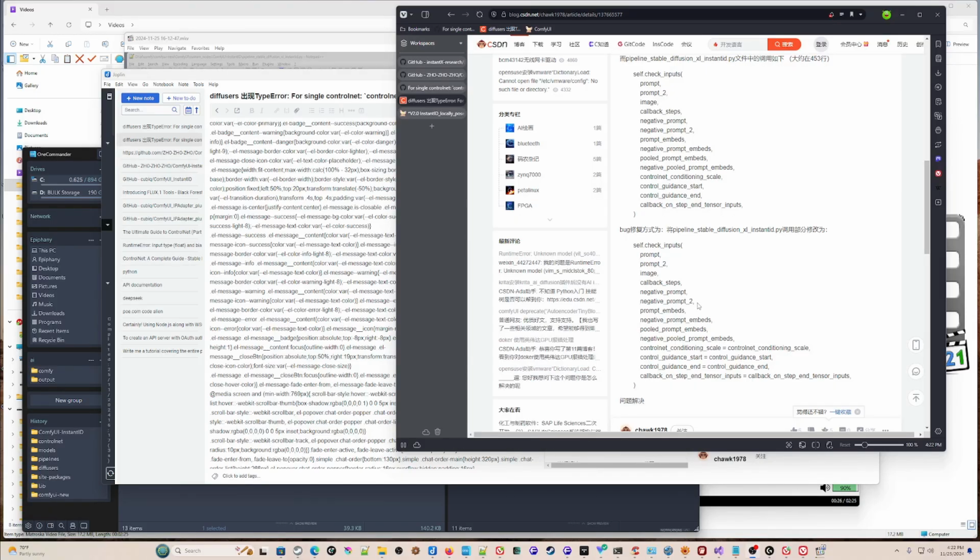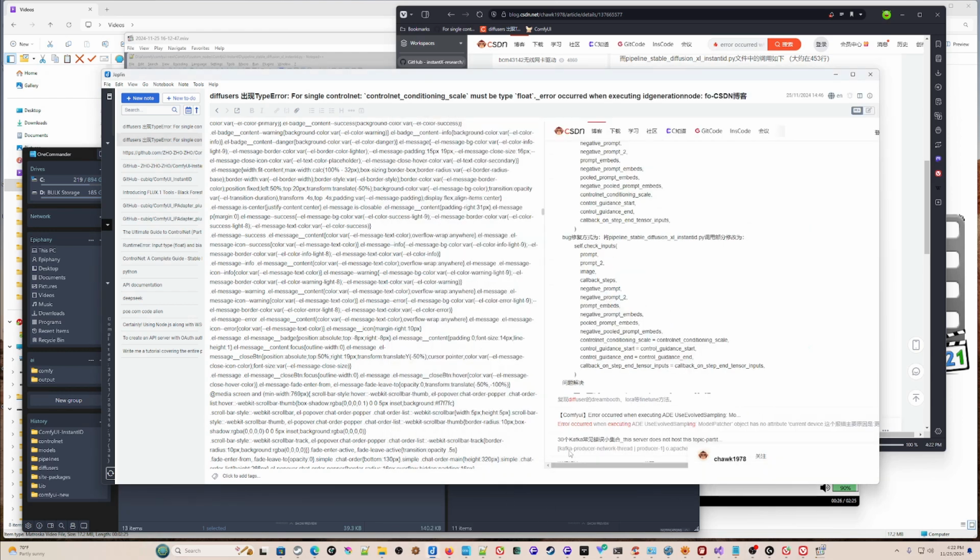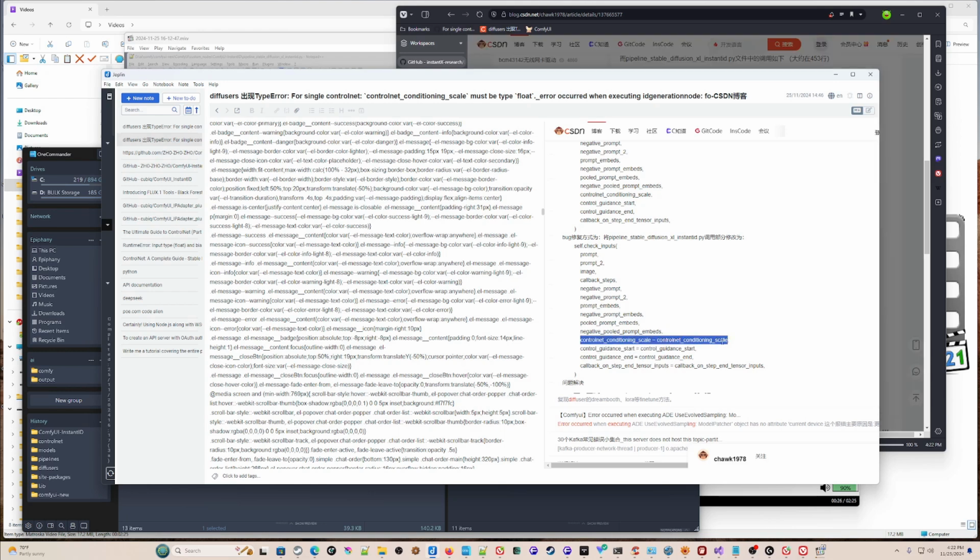Okay, so we're going to try to change this. I have found the Chinese site isn't letting me copy and paste directly. Maybe it's just me, but we're going to copy and paste it from my Joplin note in case they're blocking copy paste, which is weird. Now we're going to copy and paste this line,